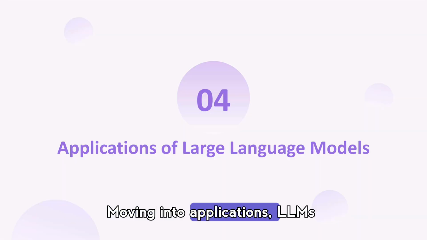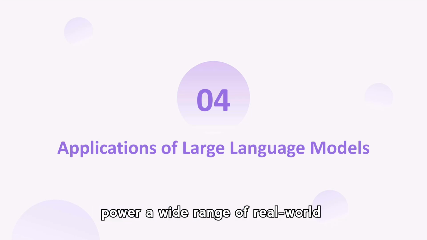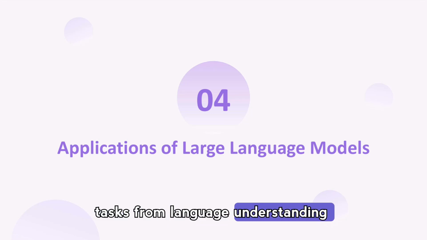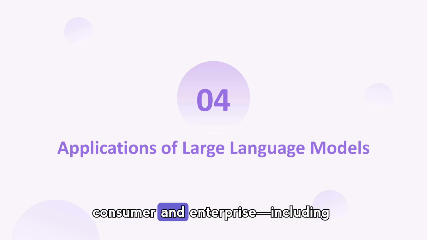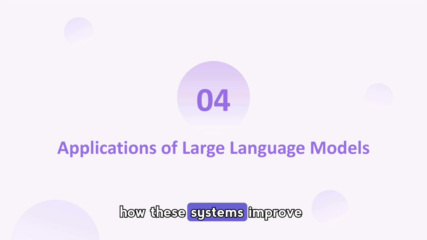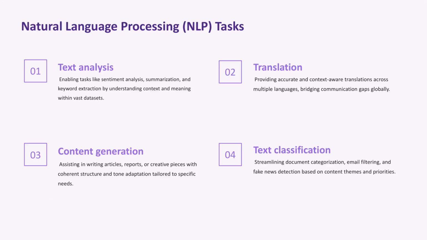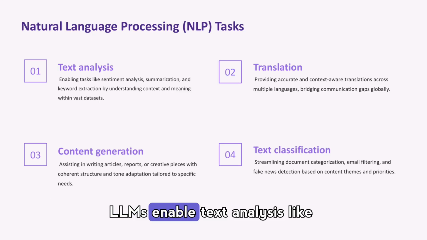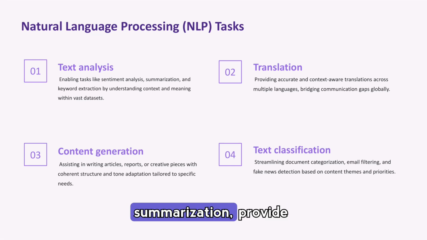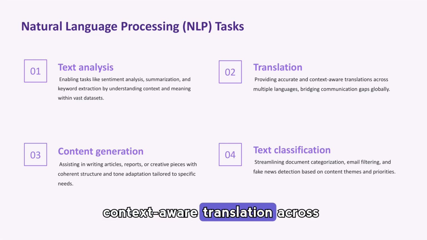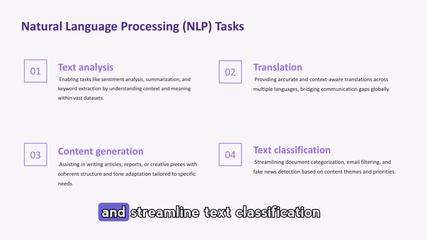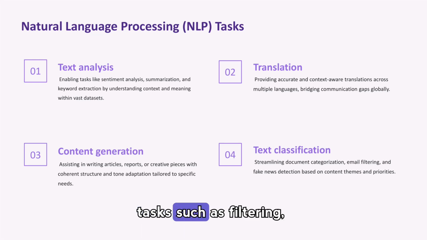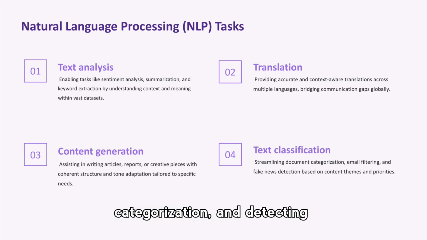Moving into applications, LLMs power a wide range of real-world tasks from language understanding to problem-solving. In this section, we'll survey common uses, both consumer and enterprise, including how these systems improve workflows and create new capabilities across industries. In natural language processing, LLMs enable text analysis like sentiment detection and summarization, provide context-aware translation across languages, assist with content generation for articles or reports, and streamline text classification tasks such as filtering, categorization, and detecting